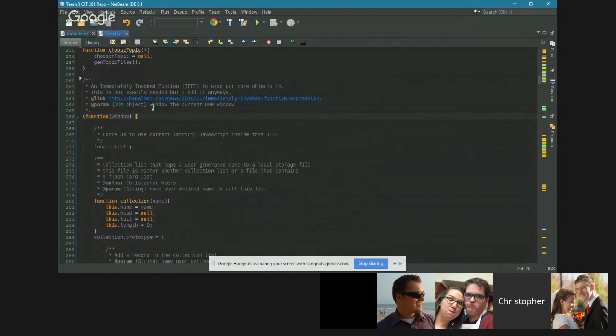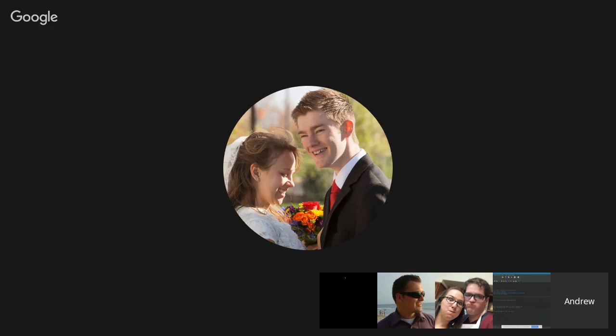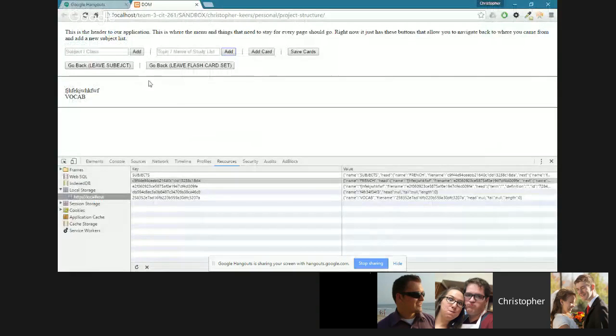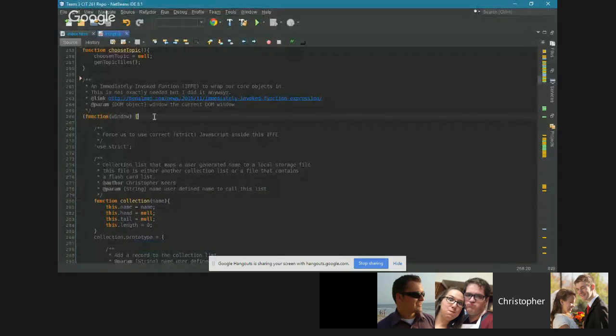Have I talked to you guys about immediately invoked functions before? I don't remember that. Okay. I don't fully understand them anymore. I used to know why I'm supposed to use them a long time ago, and I stopped using them. I figured it'd be good for this project, so I put it in. If you want to know more, go to this link. It explains them. But basically, all the objects, sorry, let me use my correct terms, all the objects that run my code, all this stuff up here that's writing to local storage, is inside this immediately invoked